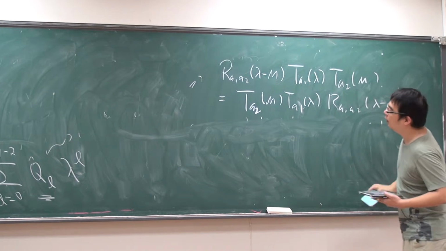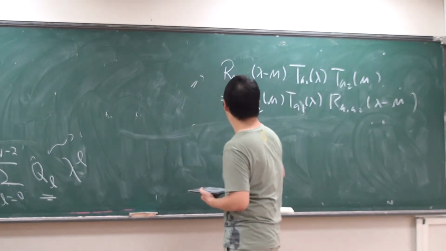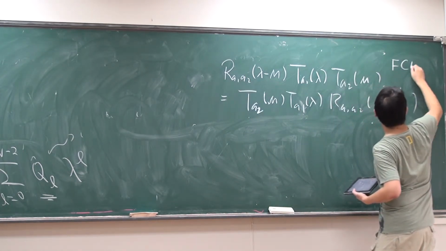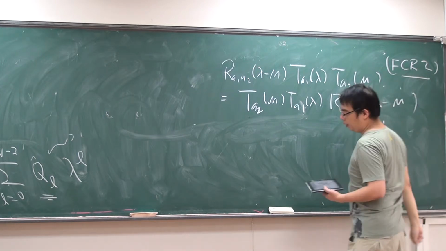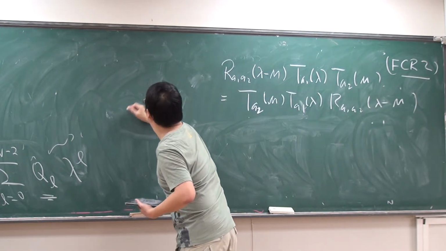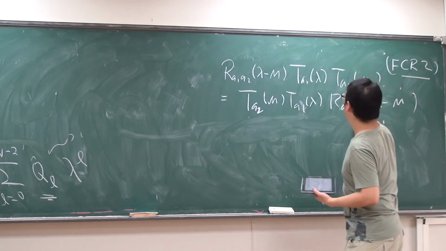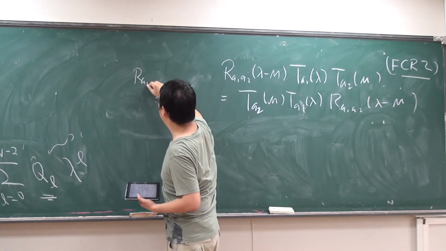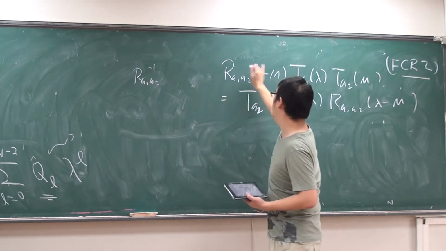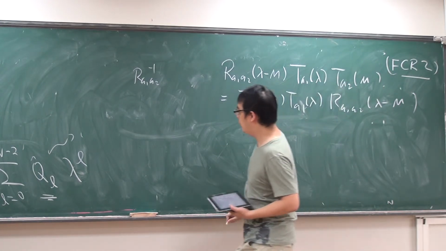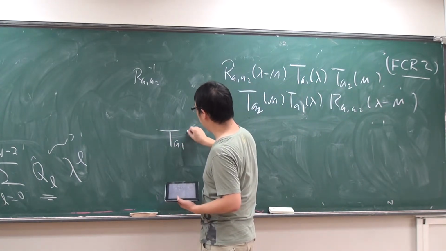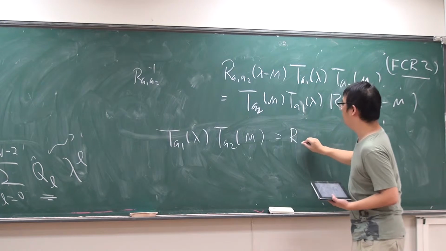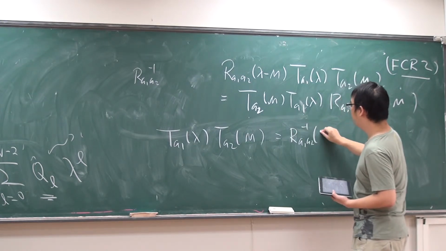So first thing we can do is that we take this and give it another name, fundamental commutation relation 2, FCR2. If you multiply both sides by R_{A1A2} inverse, we cancel this one and give you another one here. So we'll have something like T_{A1}(λ) T_{A2}(μ) is equal to R_{A1A2}^{-1}(λ−μ)